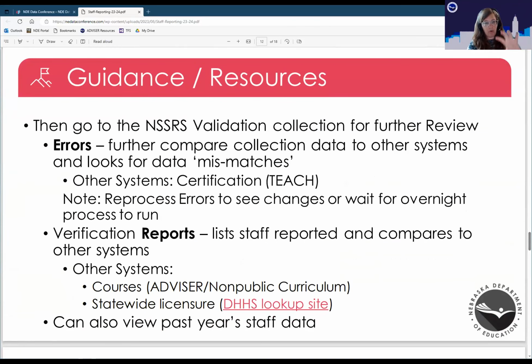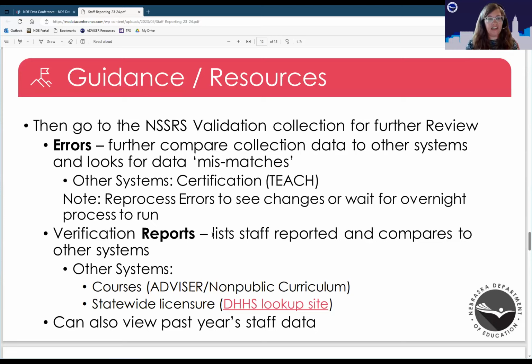Once you've got staff reporting in a good place, and you've made sure there are no errors in staff reporting, then you're going to go to that second collection, NSSRS validation, and do some further reviewing. First, you're going to start with your errors. These take the data that you've sent us and compare it to various other systems outside of staff reporting, for example certification.